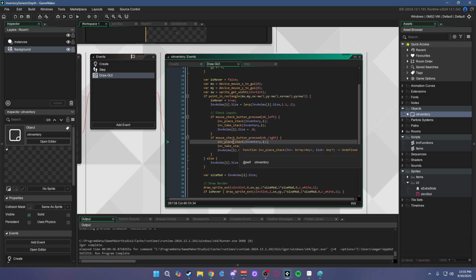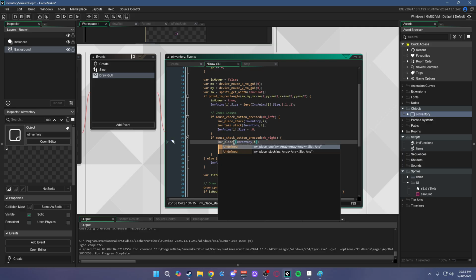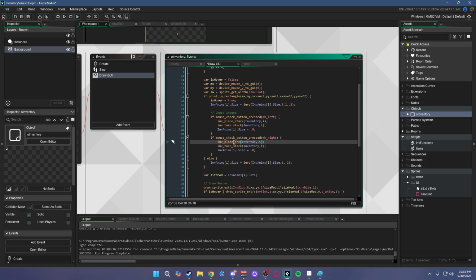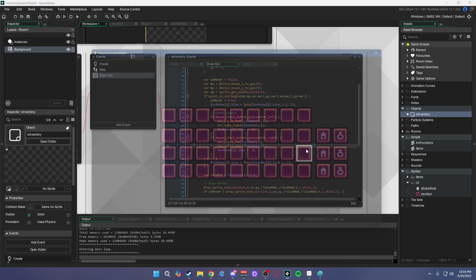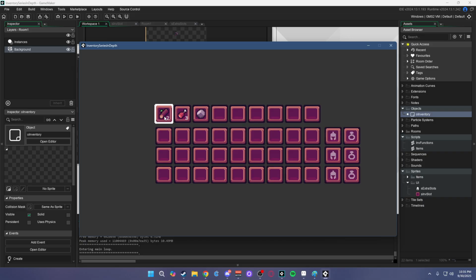I'm trying to think. In this, we have to first say place 1. And same thing there. And then instead of this, we're going to do split stack. So now, if we go ahead and run this, it should hopefully work. So if I click,